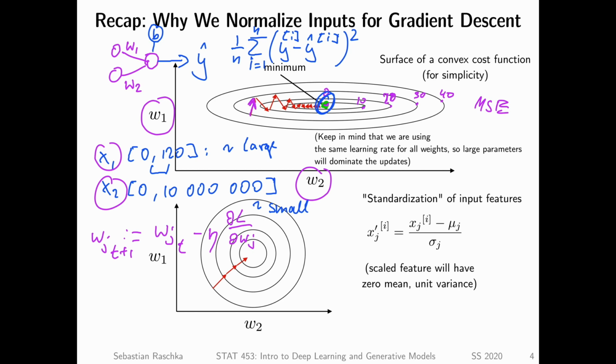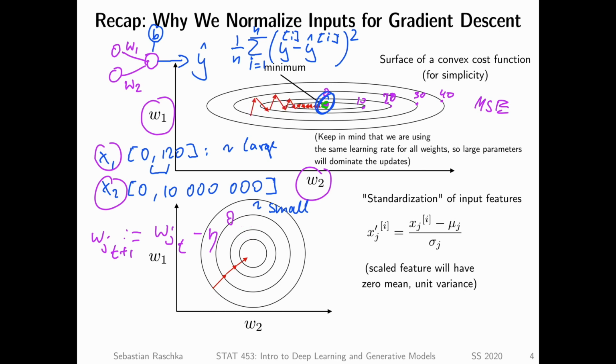And then also due to the noise and due to the learning rate, it's really hard to learn with inputs on a rather different scale. So what you see here is really exaggerated, but it can happen that you have a lot of wasteful updates. So you don't really go very efficiently towards the minimum. And this is why we usually want to normalize the weights.